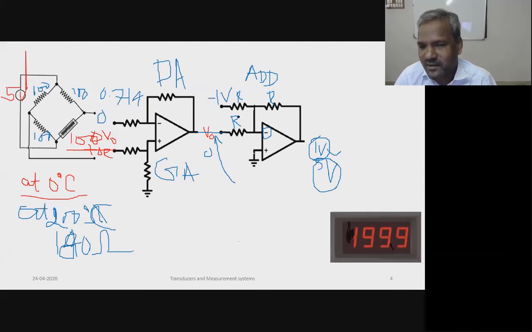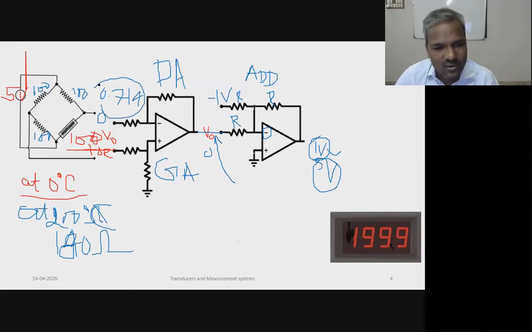The output, why I am putting minus 1, is that it is added with minus, so it becomes 1 volt. So 4 volt we should get at this junction. Understand? So when 200 degrees Celsius is the RTD temperature, this Wheatstone bridge output is